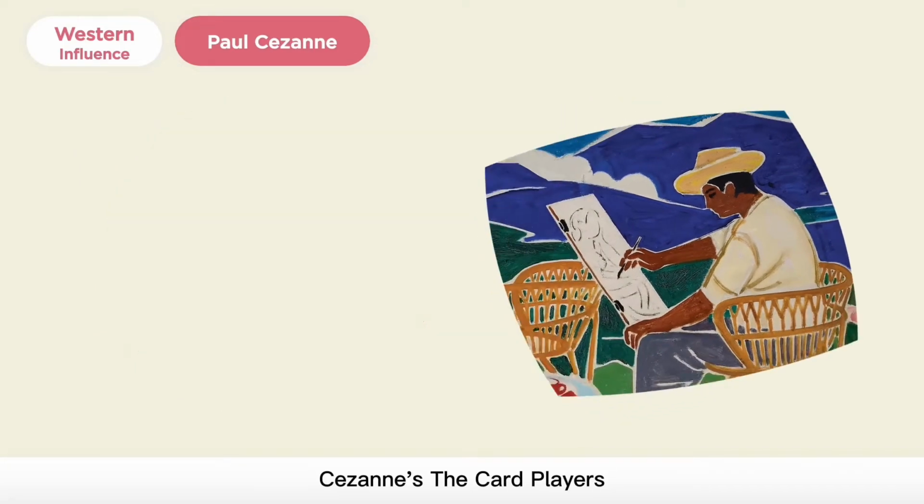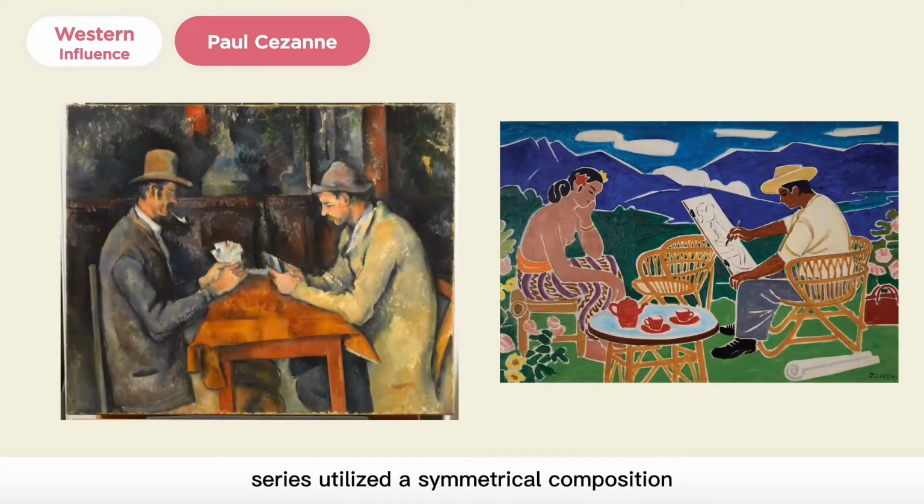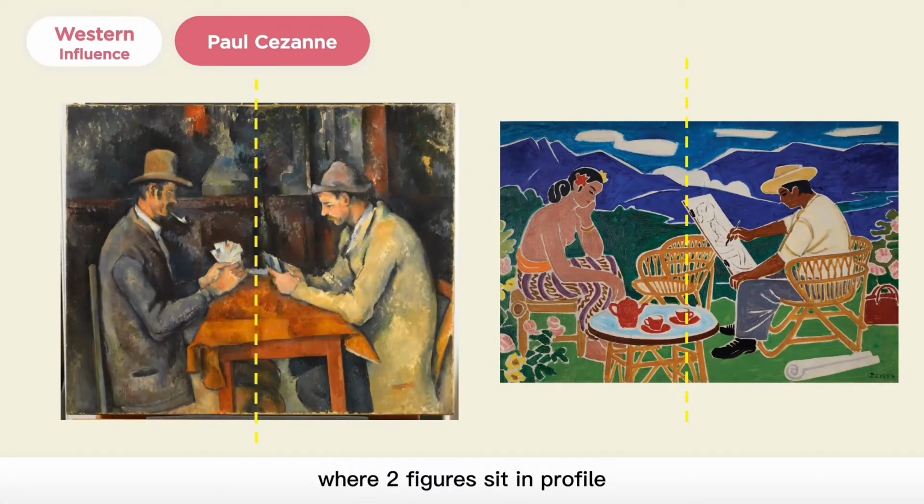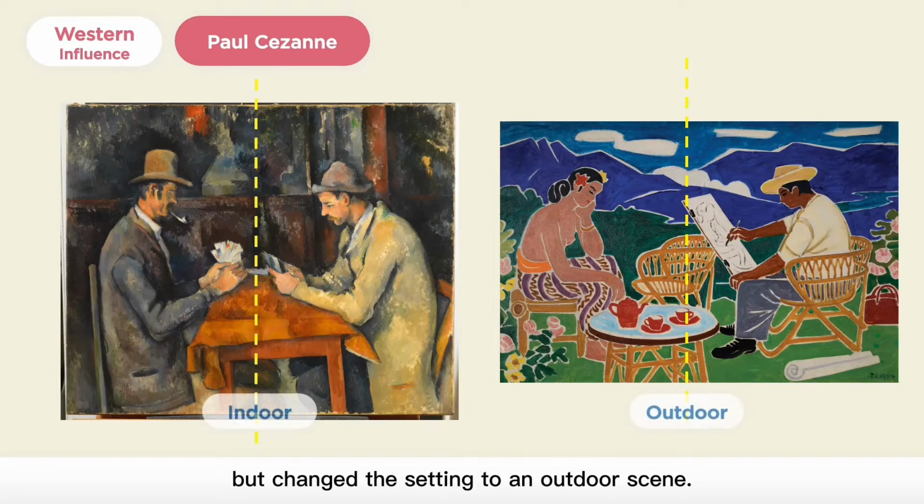Cézanne's The Card Players series utilized a symmetrical composition where two figures sit in profile, facing each other as they engage in card games. Liu Kang adopted this compositional style in his work too, but changed the setting to an outdoor scene. He could have chosen this style as he had similar intentions as Cézanne, to create a figurative version